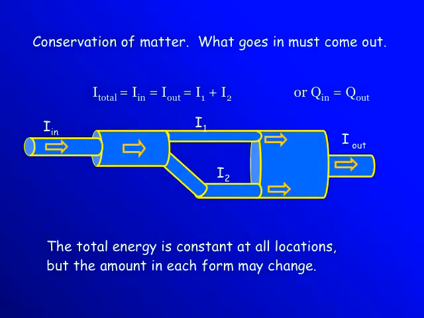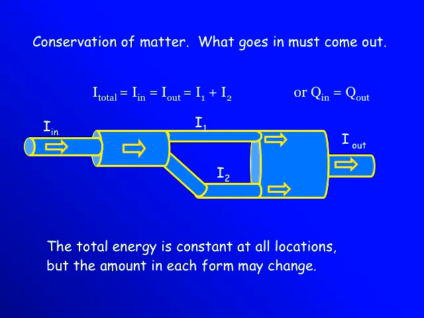So here's a complicated situation where we have a current going from a narrow pipe to a wide pipe, splitting to two different narrow pipes, joining again at a much wider pipe, then going to another narrow pipe. By using Kirchhoff's law, we know the total current I in is equal to I out is equal to I1 plus I2. So the current in the narrow pipe must be the same as the current in the wide pipe. What flows in must flow out. The same flow of stuff. So current is a flow rate.